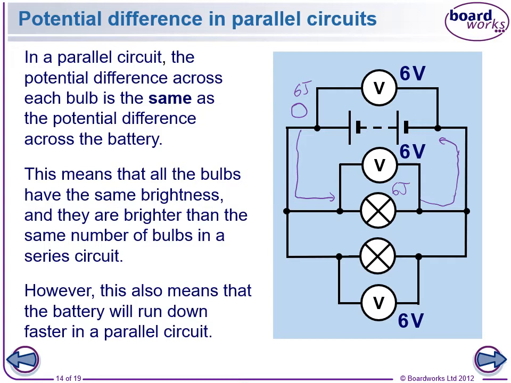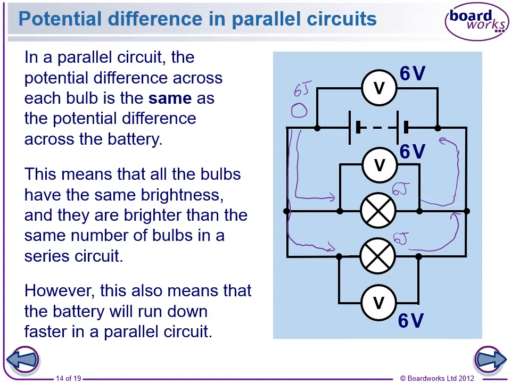Or you could go the other way. You could go down this path, go through the light globe, spend your entire 6 joules there, and then go back. Okay, so each light globe will use the exact amount of energy per coulomb, so each light globe will have an identical voltage. Okay, so it's sort of reversed for a series circuit. So in a series circuit, the current is the same at all points. The voltage adds up to whatever the battery voltage is. In a parallel circuit, the voltage is the same down each branch, and the current adds up to whatever it